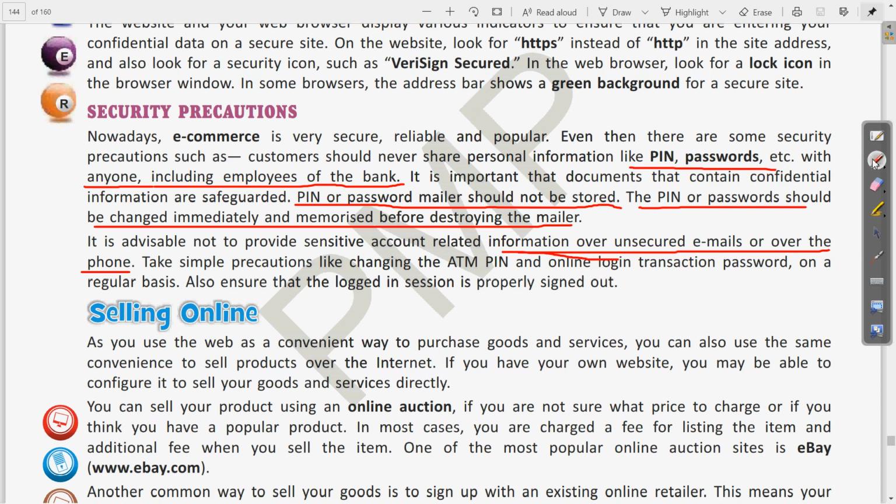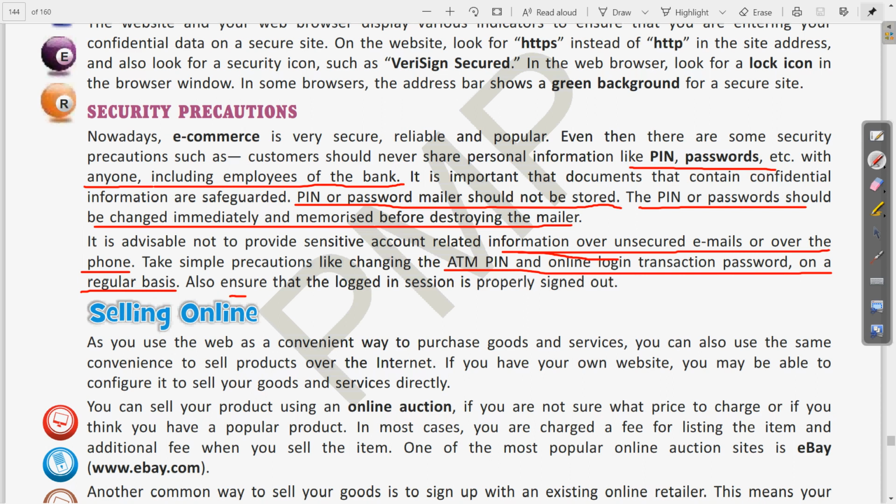So this is also a good practice that after a certain period of time we should change the ATM pin as well as the different banking login password and ID which is provided by the bank. So this way also we can secure the things and there is no breach of these confidential data.